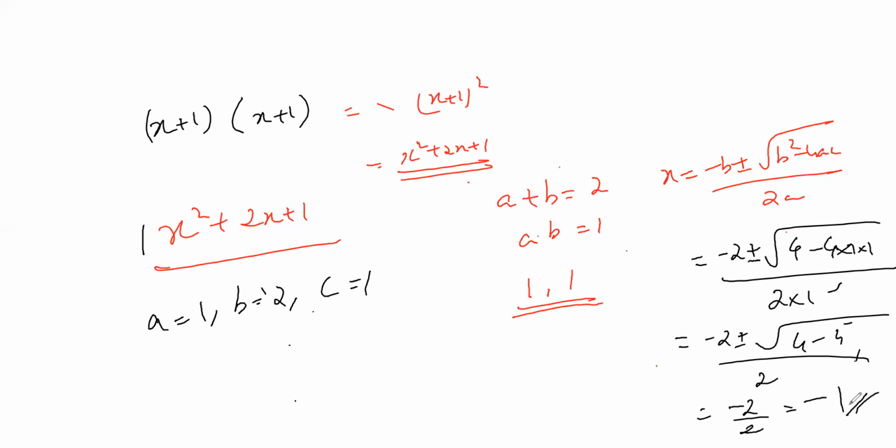So it means that there are 2 factors. So what are the factors? X is equal to minus 1 comma minus 1. That's it. So x minus 1 into what is the thing? By 2a. That's it. A simple thing.